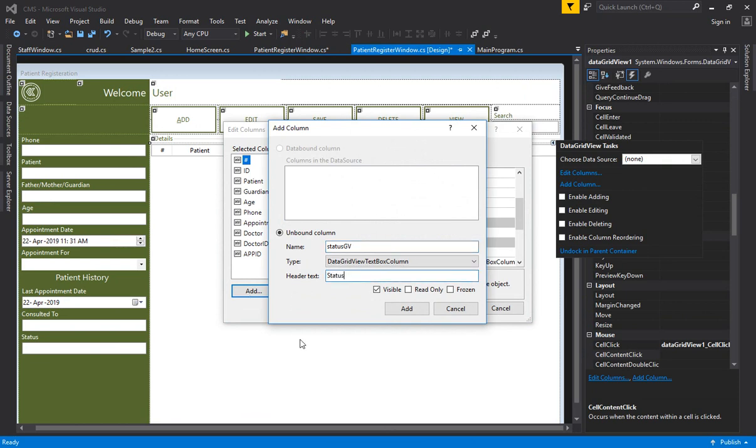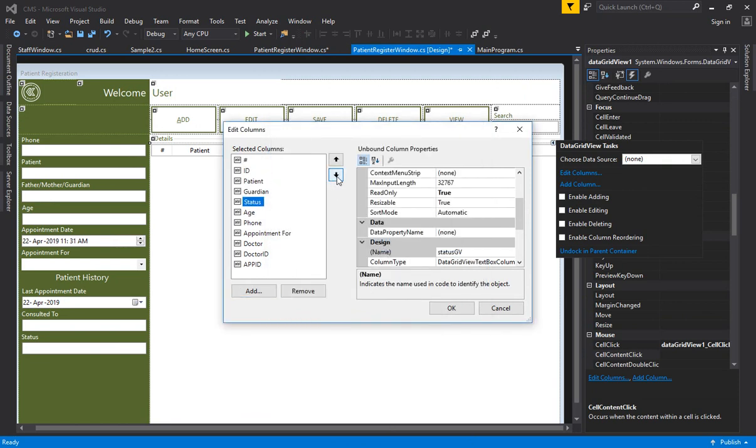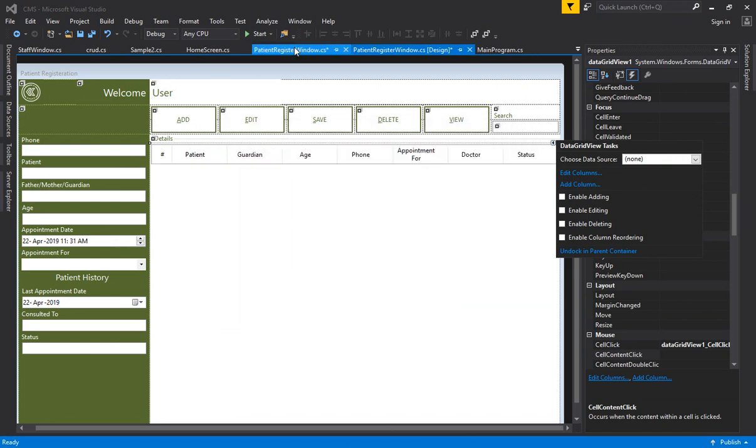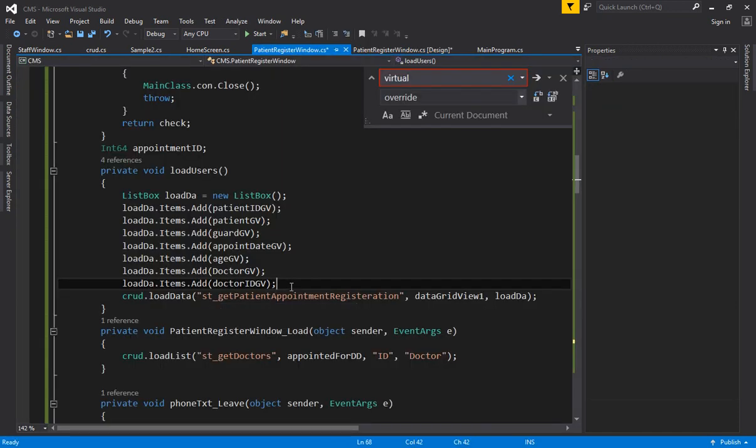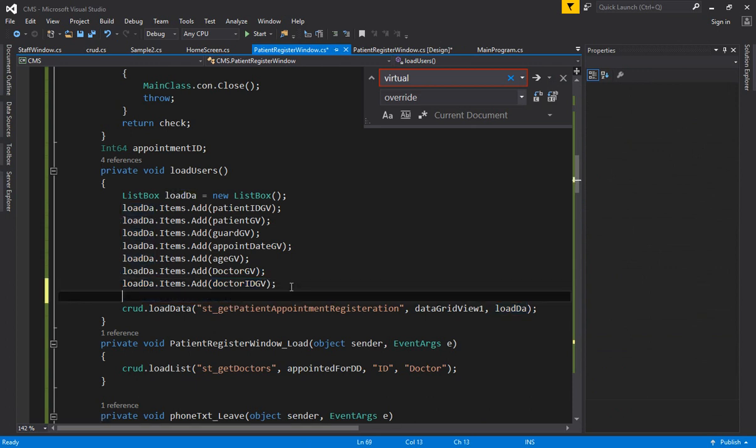Okay, and then this read only and close and bring it to the last. Okay, so status. Now you have to mention here status. After doctor ID you have the status GV, and then